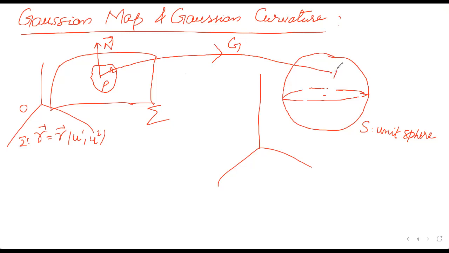Suppose this P star is in some region. Here also you have some region like this, and this region is omega star, suppose. So G is a map from surface to S, sigma to S,